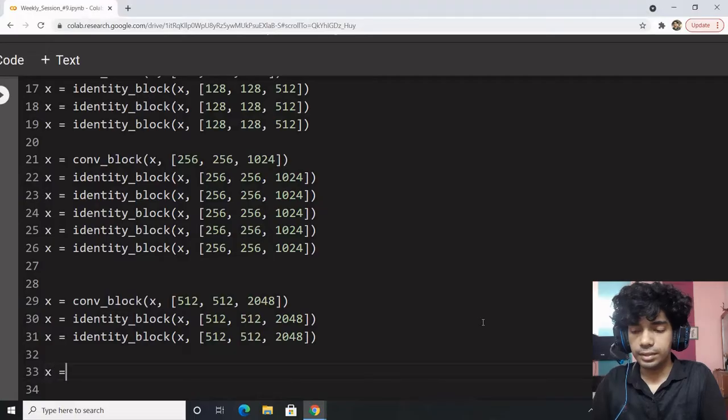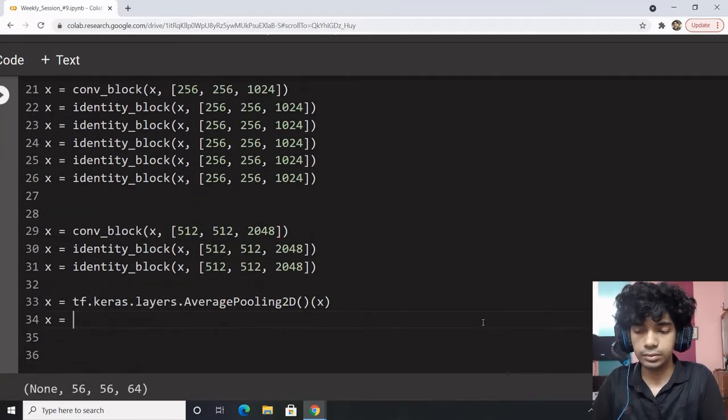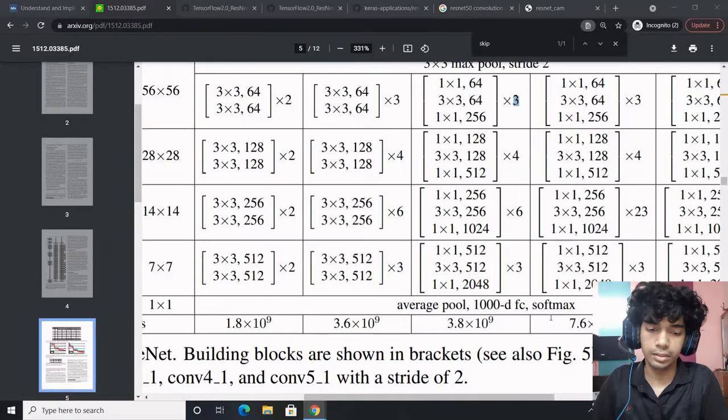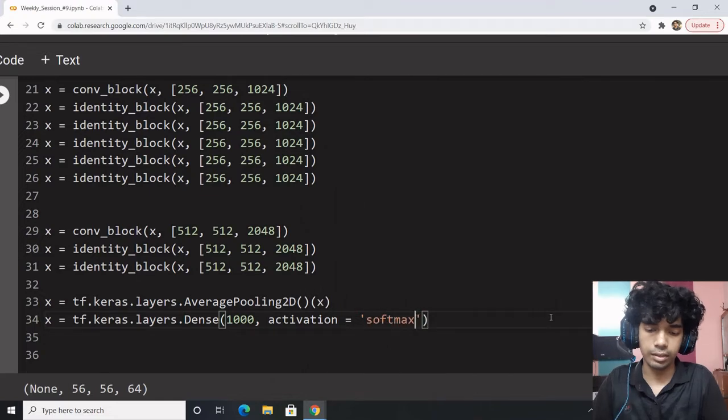Once we are done with this, we'll finalize it with the help of the average pooling 2D layer. The x goes through a dense layer with 1000 ImageNet classes, activation as softmax.